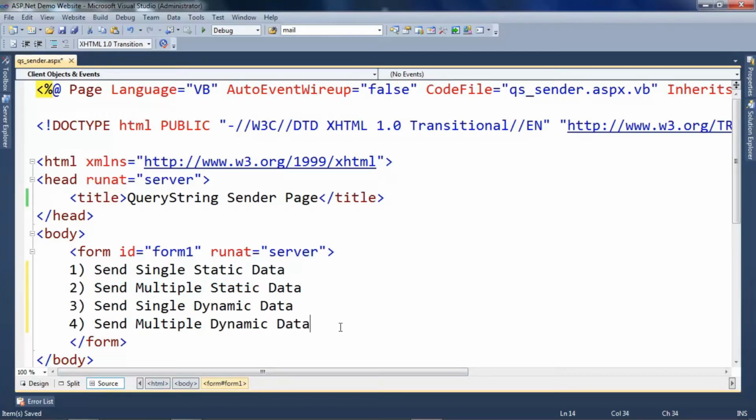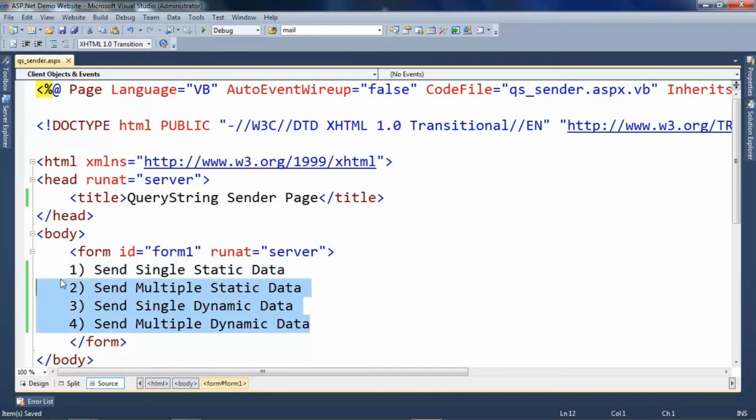So these are the four concepts of query string that we will see. The only difference of syntax will be while sending the data. So we will see these four variations over here. On the receiver side, the things and the syntax will be the same.